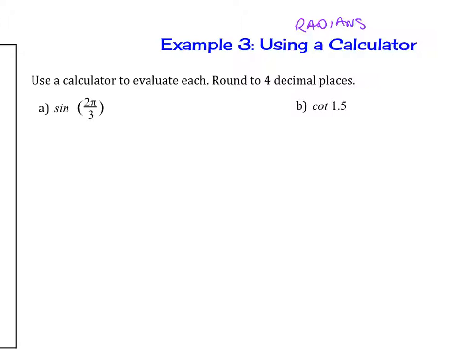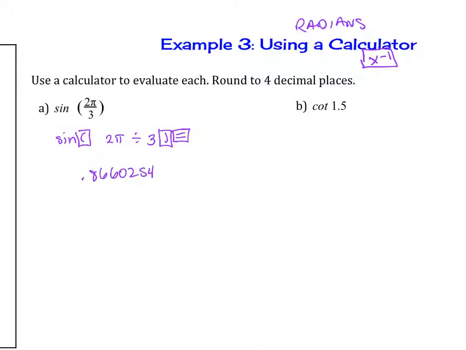Those are on our calculator. Now, cosecant, secant, and cotangent are not. And so what we're going to use is the x to the -1 button on your calculator in order to evaluate these. So for sine of 2 pi over 3, you type in sine, parentheses, and then type in 2 pi divided by 3, and then close parentheses, and then enter or equals, and so you should get